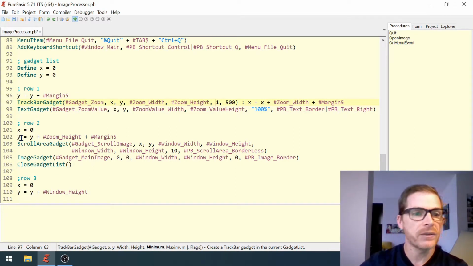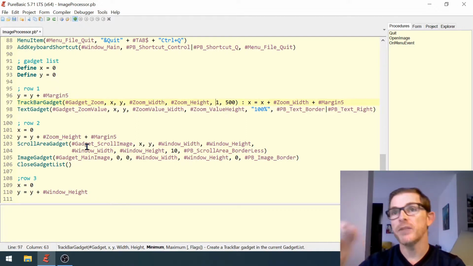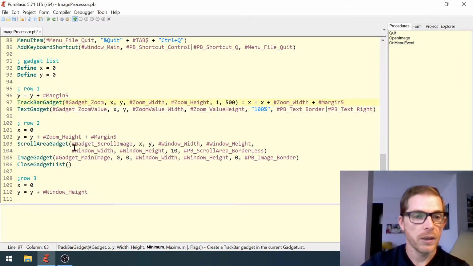I put the X back to 0 and the Y, we were at the first row, so now I need to go to the second row, and second row is Y, which was 5, equals Y plus zoom height, which is the height of the first row, basically 20 pixels, plus another margin to let some space between the controls, the trackbar and the text gadget, and the scroll area, which will be 30. So x equals 0, y equals 30,